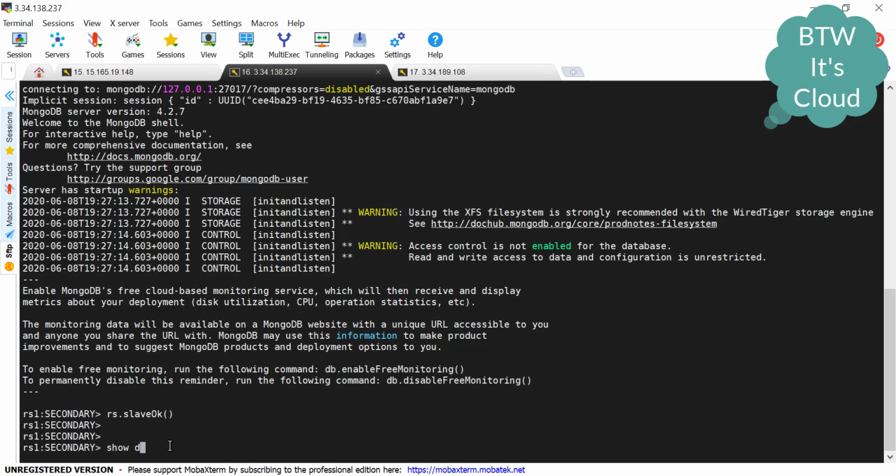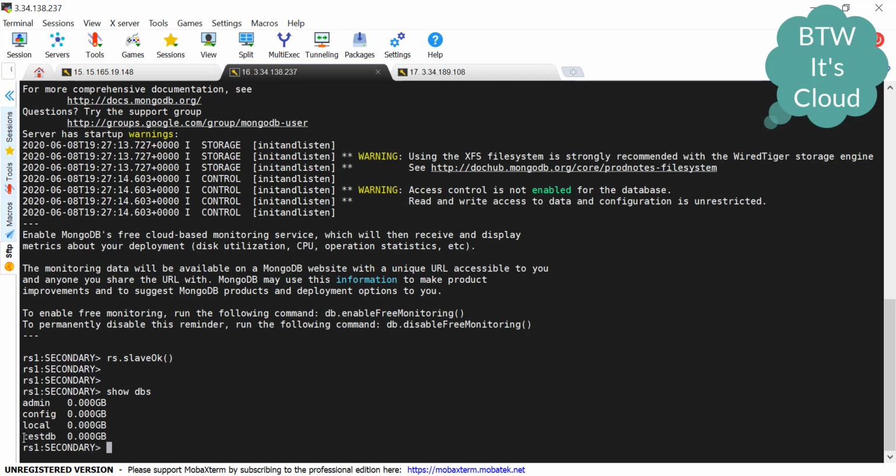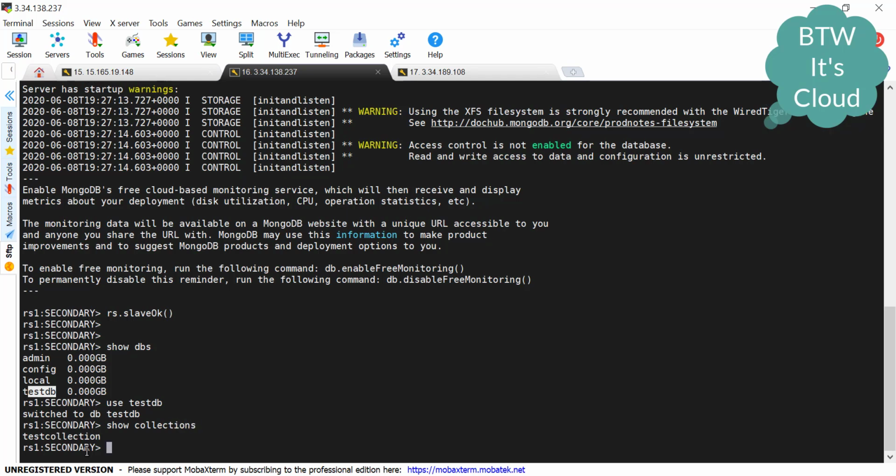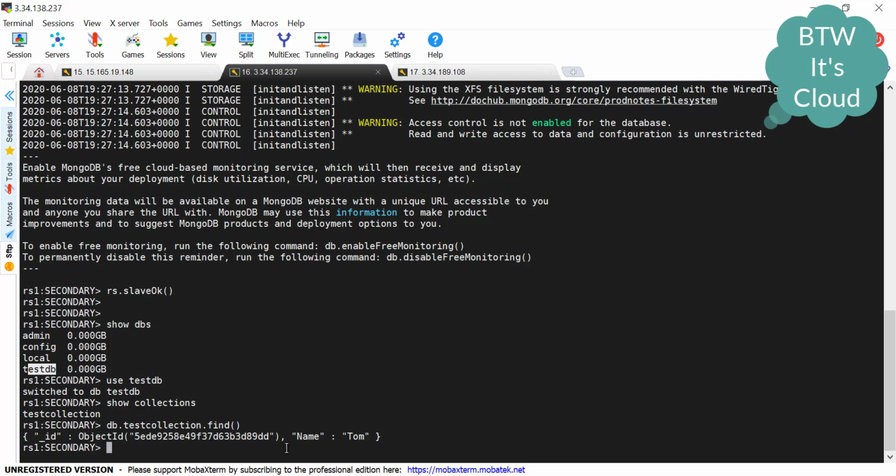Now we'll check what DBs are available. So here we can see the testDB. We'll switch to this DB and see the collections. So the test collection is here. Then we'll check what is the value inside this test collection, with dot find. So we can easily see in the name field we have the value Tom.